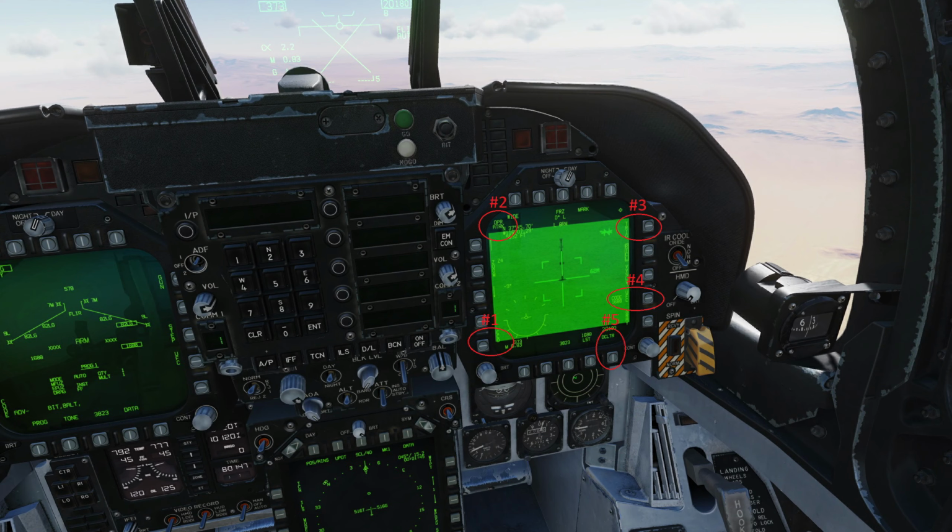You get into that mode by default by pressing, once you make the right MFD the SOI or sensor of interest, the SCS or sensor control switch right on the stick. You can press that switch again, so sensor control switch or SCS right again, and that will activate area track mode. If you press it again a third time, it will activate PTRK, which is